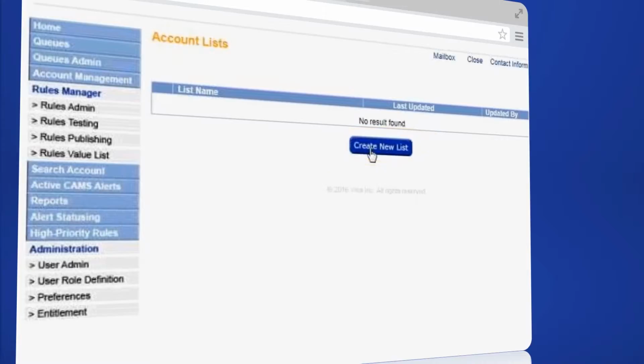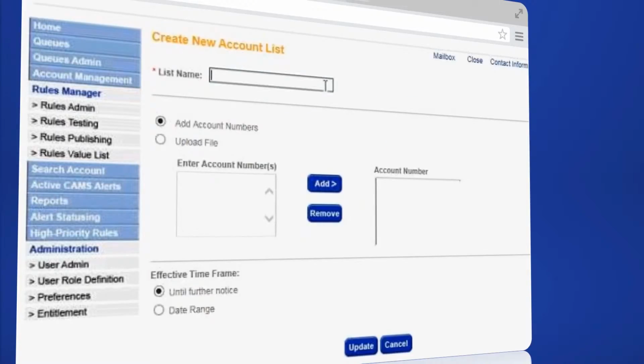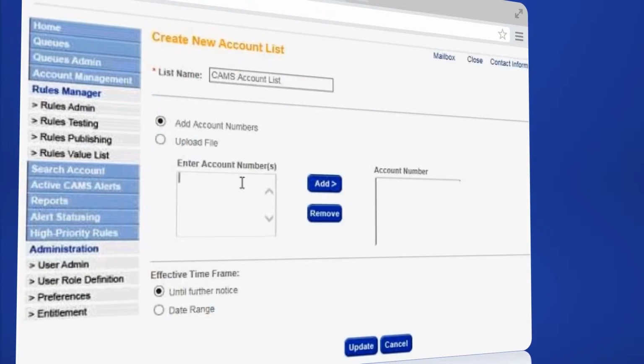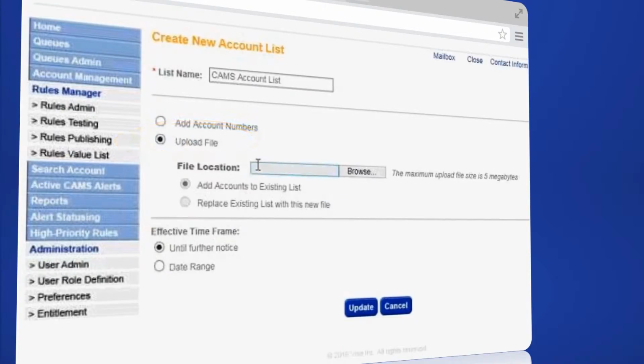To create an account list, click on Account Management, select Account Lists, and click on Create New List. Then give this list a name, CAMS Account Lists. Next, the account numbers need to be keyed in. This can be completed by either typing within the Enter Account Numbers field or by uploading a file in .txt